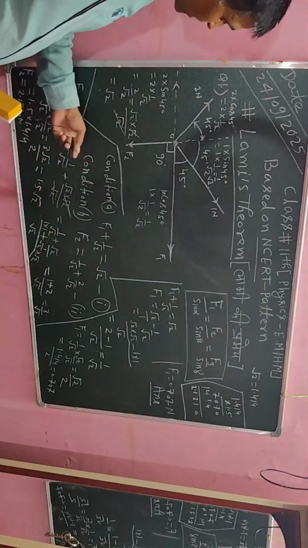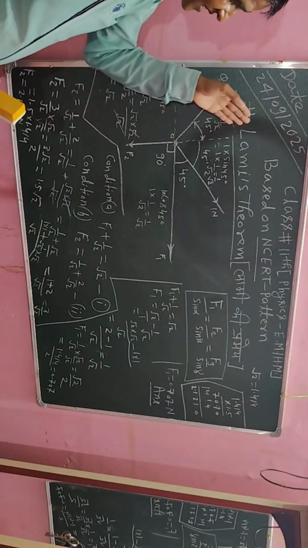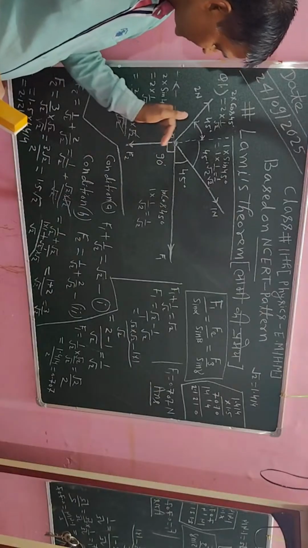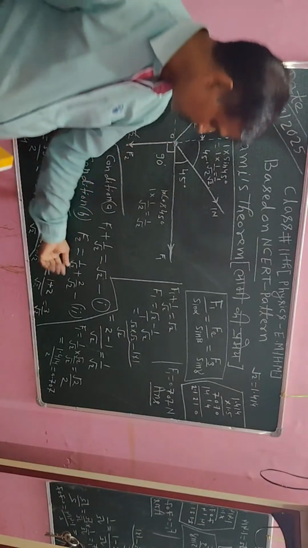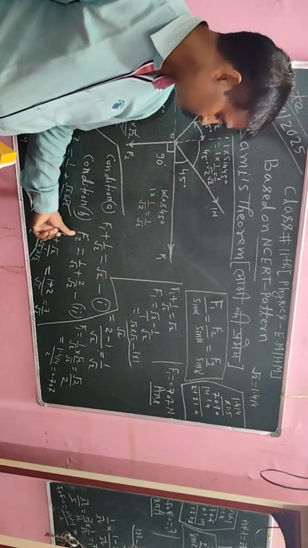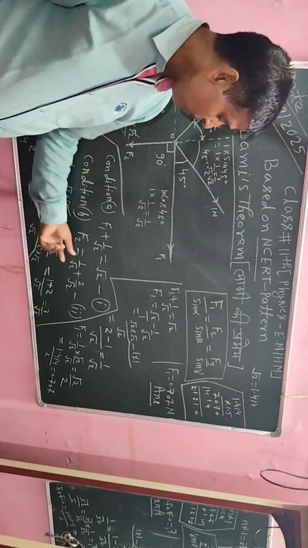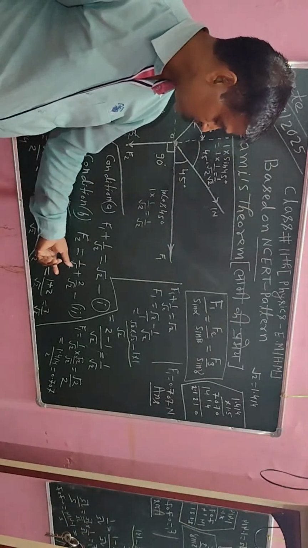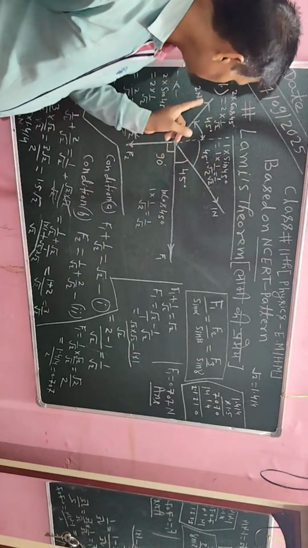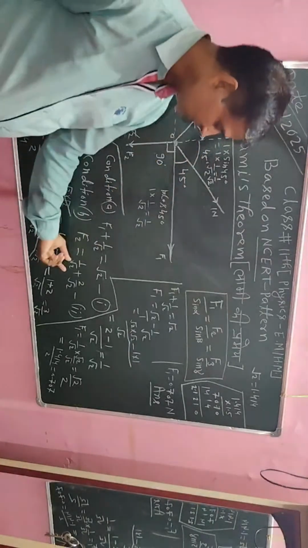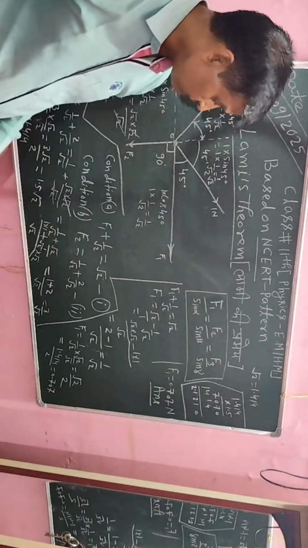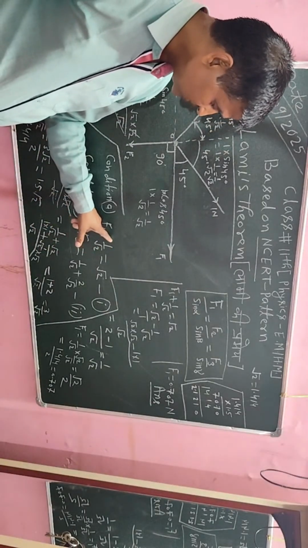उसी तरीके से कंडीशन दूसरे में हम कह रहे हैं जो पॉजिटिव y एक्सिस के डायरेक्शन में जितने भी फोर्स हैं उसका सम और y एक्सिस के नेगेटिव डायरेक्शन में जितने फोर्स हैं उन फोर्सों का सम। चूँकि y के नेगेटिव डायरेक्शन में सिर्फ एक फोर्स है जो F2 है और y एक्सिस के पॉजिटिव डायरेक्शन में 2 फोर्स हैं, एक इस फोर्स का कंपोनेंट रिजॉल्व किया, एक इस फोर्स का कंपोनेंट रिजॉल्व किया, एक का वैल्यू इतना है और दूसरे का वैल्यू, दोनों को सम किया, ये दोनों इक्वल हैं। तो हमें 2 इक्वेशन दिया गया है।